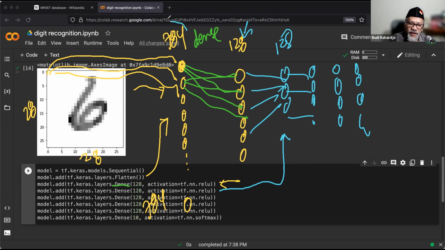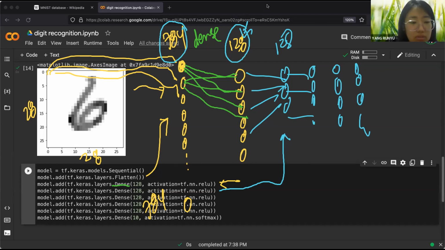We have 784 neurons in the first layer. In the second layer, we have 128 neurons only. Now, the question is, why 100 and 128, right? And how do we reduce 700 into 128?